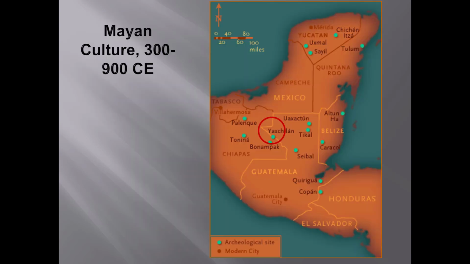This map shows some of the major Mayan sites and reinforces that the Mayans lived in separate city-states. They never developed a central empire. Our required work comes from just one of these sites. I'm going to show you some Mayan works that aren't on the list, but that I think tell us interesting things about this culture.